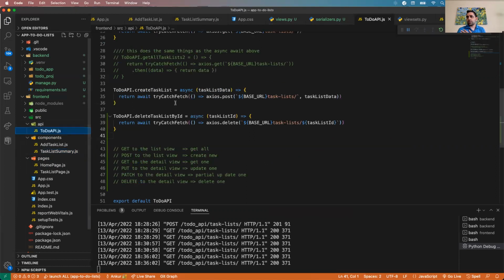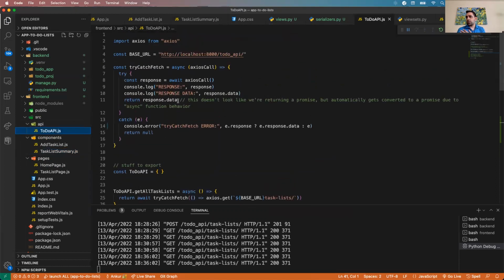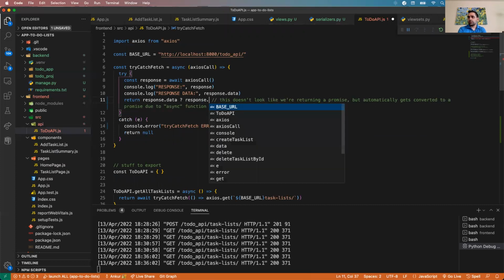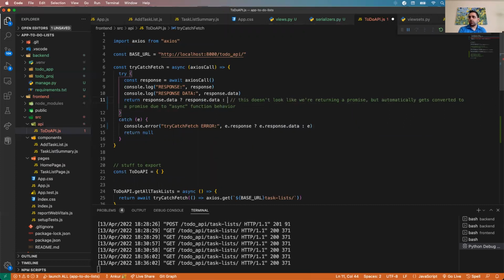So I go back to my try catch fetch. I'm going to put a ternary here saying return the data or just return some generic. All right, because I don't want to return null from here. So I'm going to return some random dictionary that says, hey, success happened. All right, so with this in place, a delete